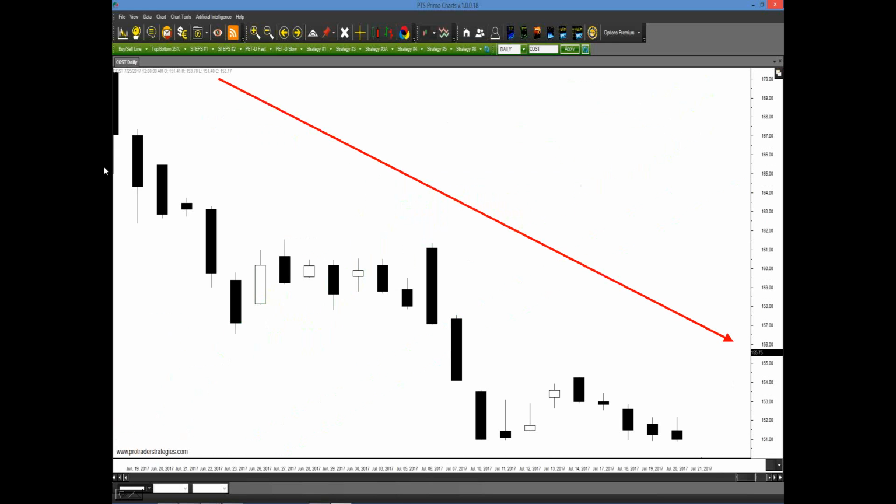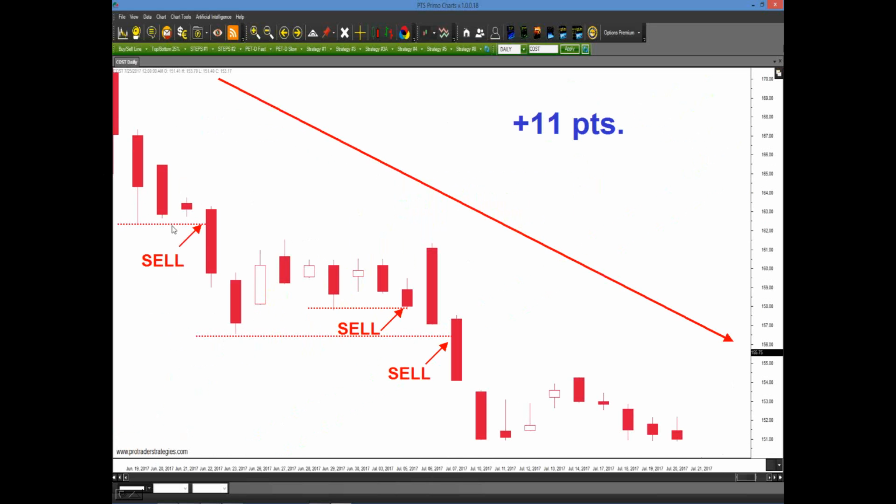How about Costco? Okay, once again, in hindsight, we're in an obvious downtrend. How could we have taken advantage of that by knowing back here we were going to be in a downtrend? Well, we click on the PET D tab, and we knew well in advance that all the bars were red. We look for these short-term lows. We have a low here, a lower low, a higher low. We have the three-bar pattern, a low, a lower low, a higher low, all going all the way down and lower. So that's where you want to sell. Had you taken the very first one, that's 11 points in your favor coming into August, okay?